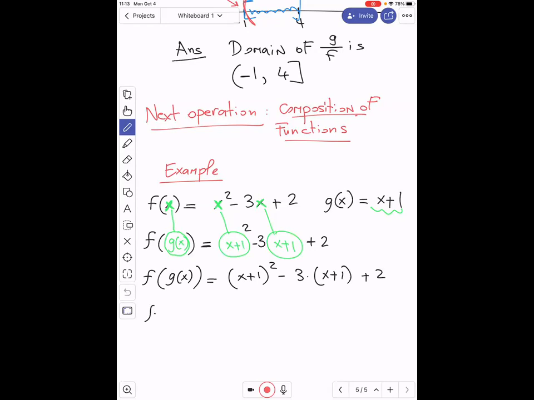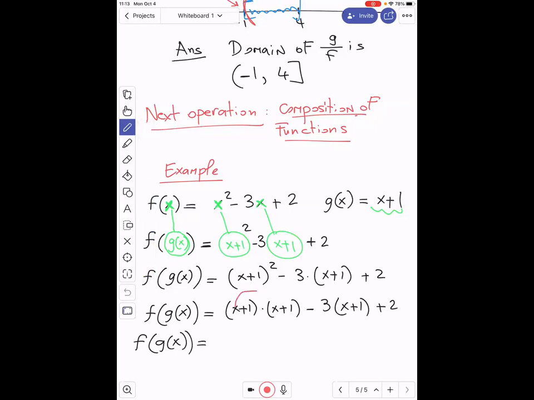So this is f of g of x. It's going to be x plus 1 squared, which is like x plus 1 times x plus 1, right? And then there's this minus 3 times x plus 1 plus 2. So let's just try to simplify this thing, f of g of x. So we distribute,